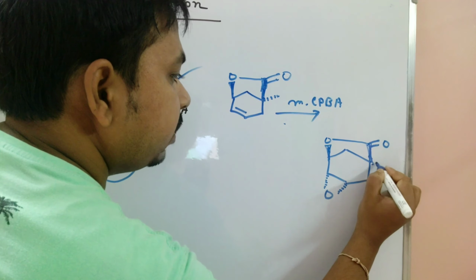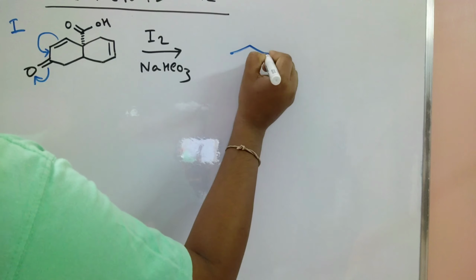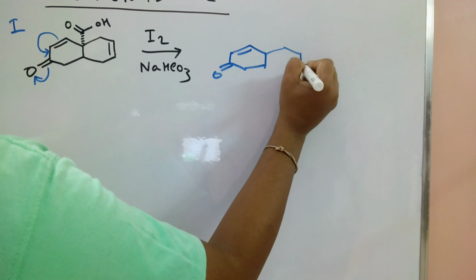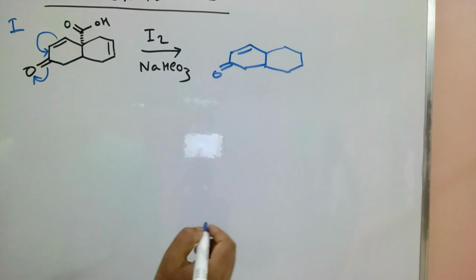Here one double bond is present and here one conjugated diene is present, 1,4 system is present. But here iodolactonization is possible only at this single bond. This one does not occur because this bond is shifted and this one is open. So in that case, the electrophilic attack is not possible because this bond is shifted through resonance conjugation. So only at that position iodolactonization is possible. So now we can easily draw the iodolactonization product.